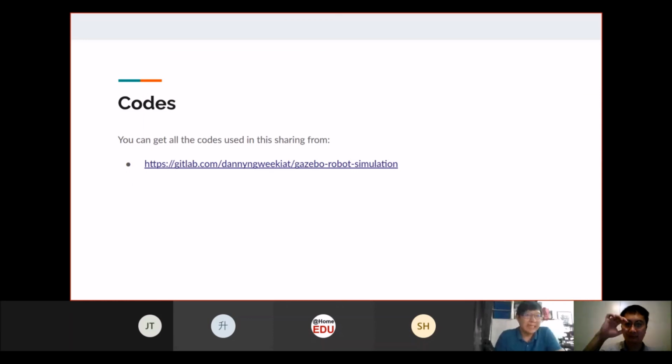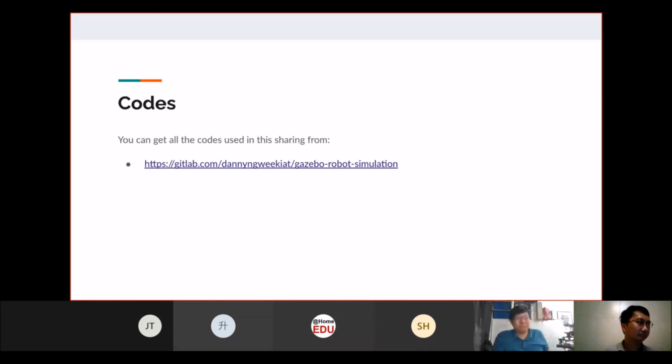But if there's not much direct input, which means there's not much human robot interaction, actually Gazebo would be a better choice in my opinion, because it's much more tightly integrated with ROS itself.